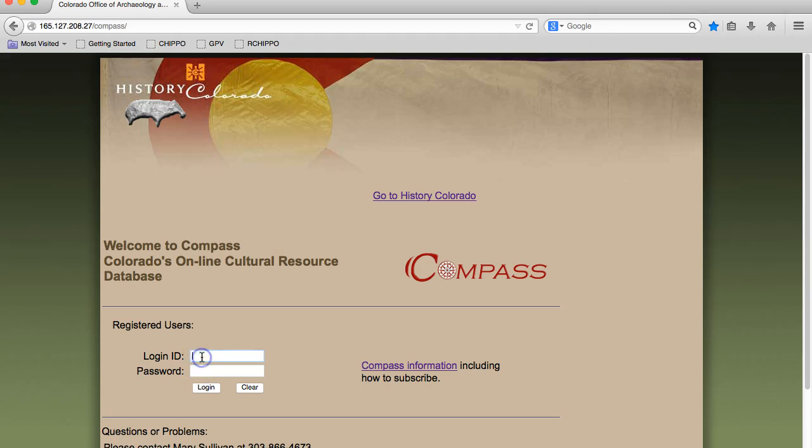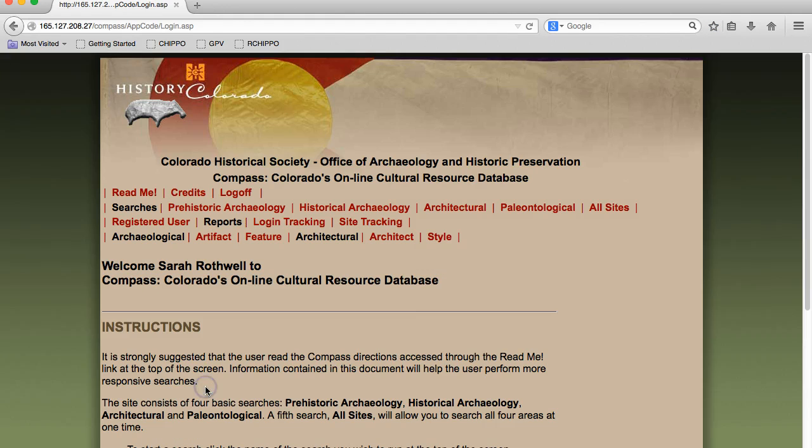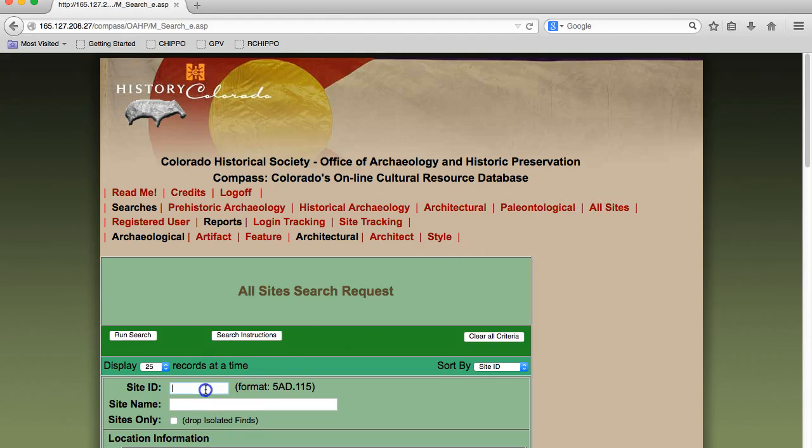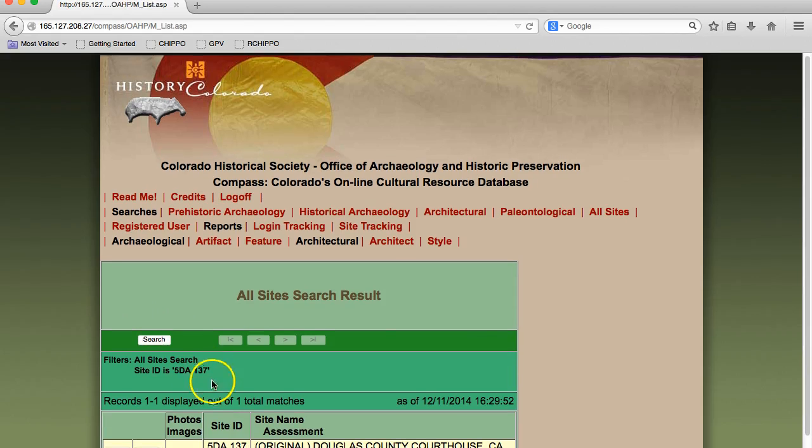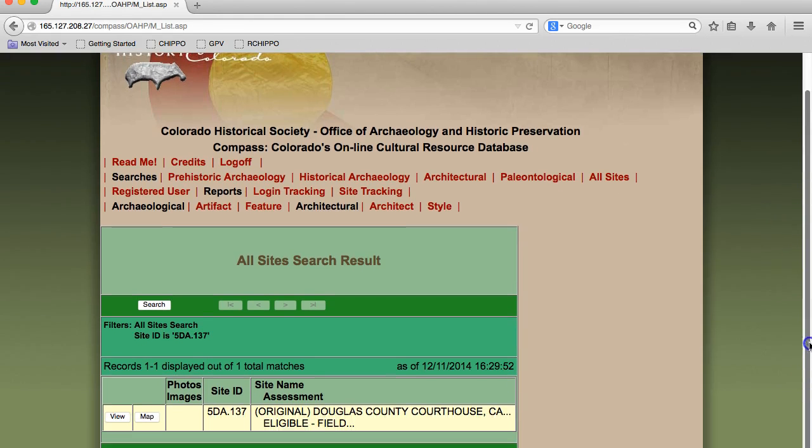Now we're going to start off by logging into Compass, with which you should all be familiar, I hope. And from Compass, we're going to get to the GPV. So select one of your site searches, and we're going to have a look at 5DA 137. Run the search. Now when you scroll down the page, you'll see there is now a nice little Map It